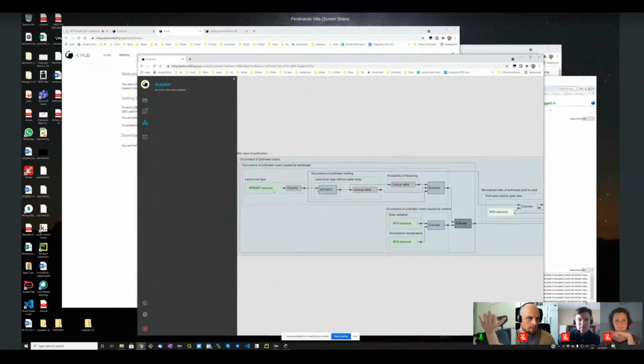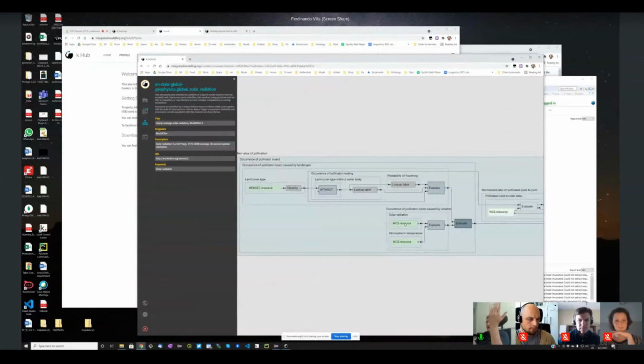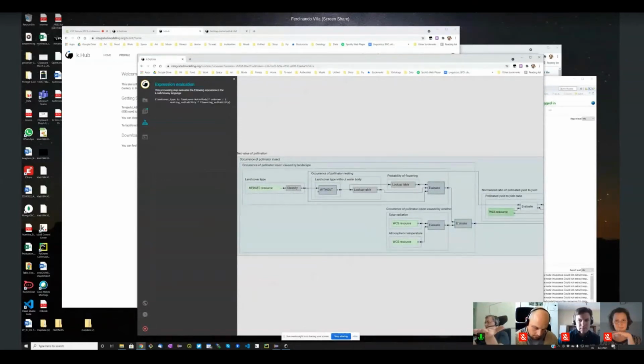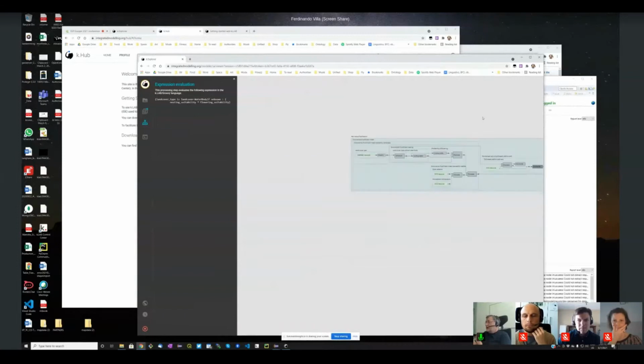And each of these particular resources come from data, or it can be computed by looking up in tables or equations, etc. And you can look at this documentation, like this live documentation of the model, as basically the log of what the machine is doing in this very moment.